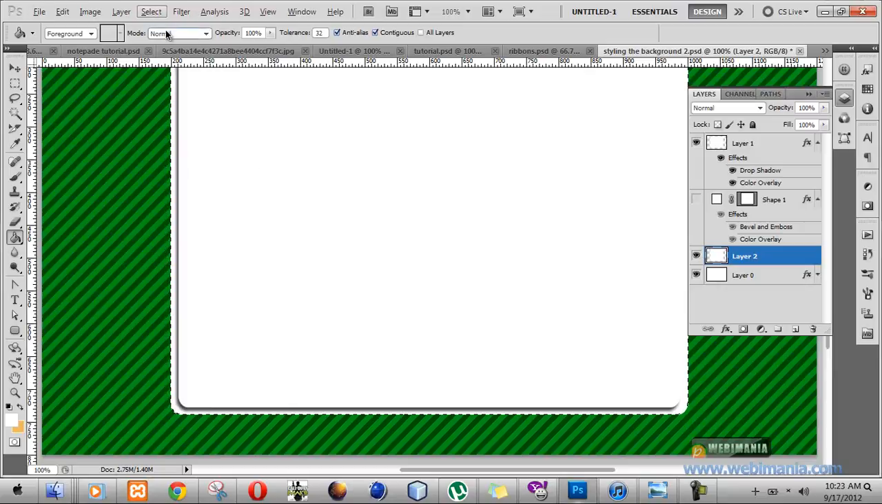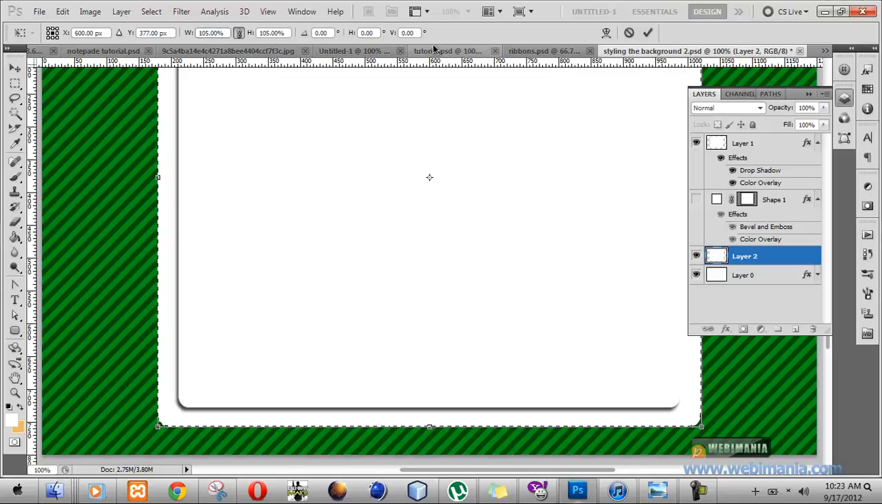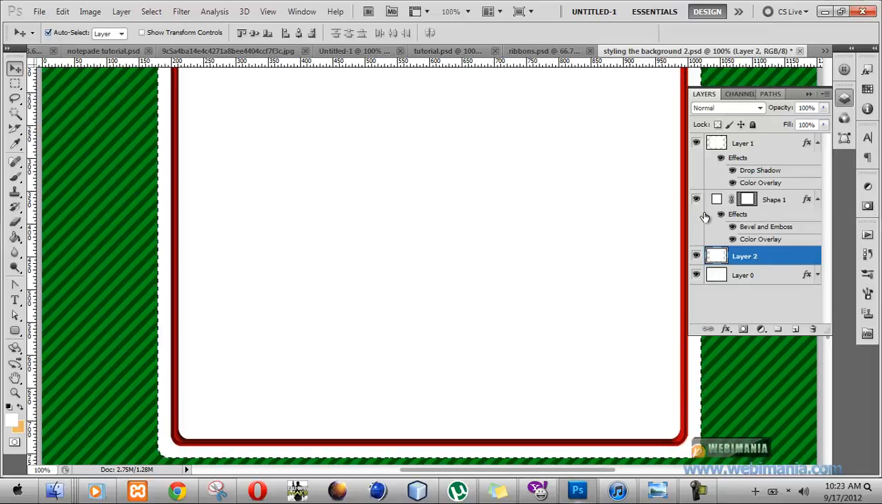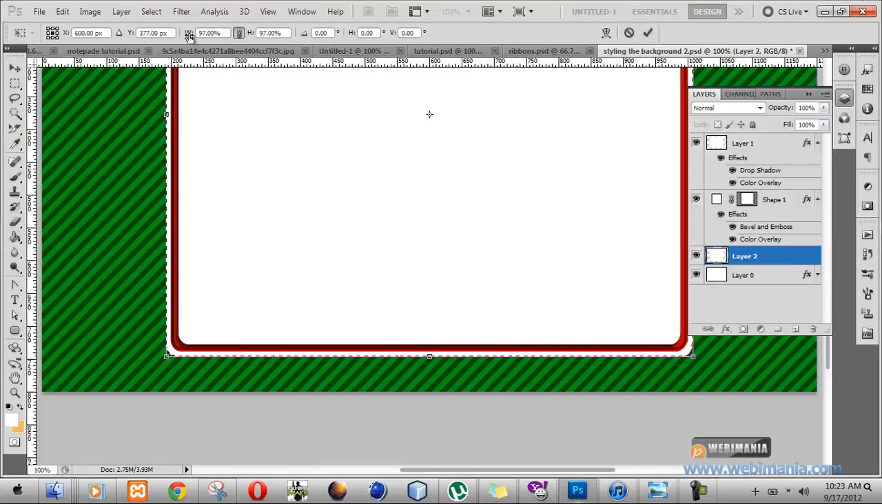Now we're going to transform this. Click on your move tool, press Ctrl plus T, and we're going to increase it a little bit, up to about, say, 105%. Okay, and then let's just hit the enter key, then turn our red layer back on. Okay, so the difference is much, so we're going to retransform this down layer again. Ctrl T. Let's just transform it down. Okay,